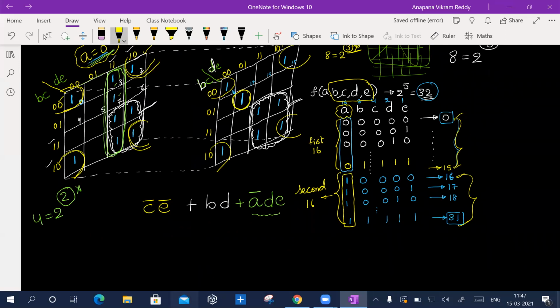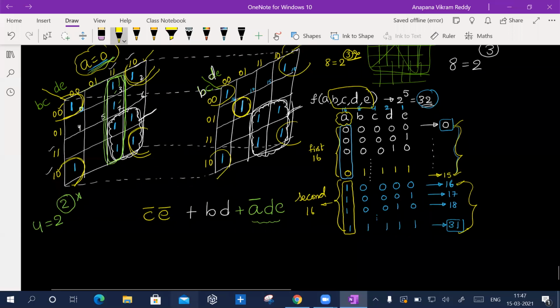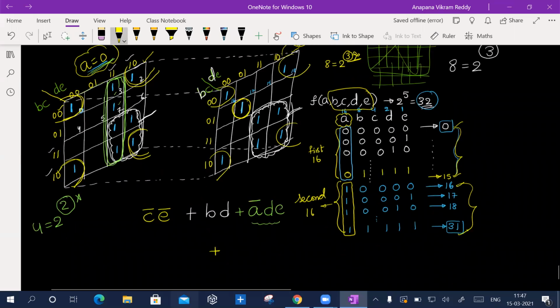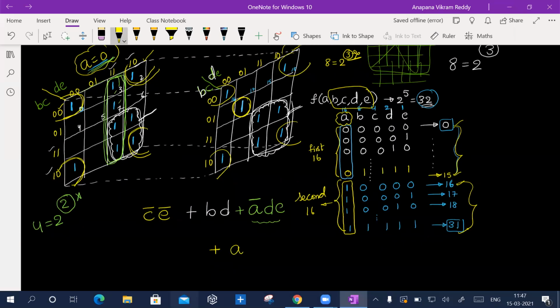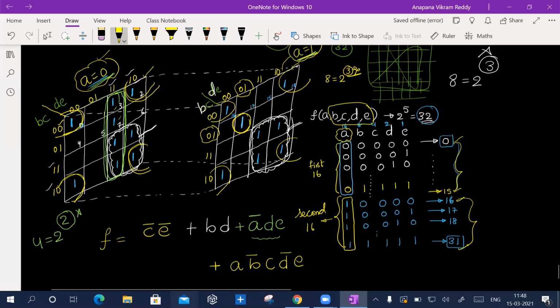Now what do I do? Independent means there is no removal of variables. All variables must be included. And this one is on the A equal to 1 K map. So I must take A, then B complement, C, D complement, E. Yes, sir. This is B complement C, and this is D complement E. So I must take everything. So this is the expression. Final stop. Everyone, are we clear so far? Yes, sir. Yeah.